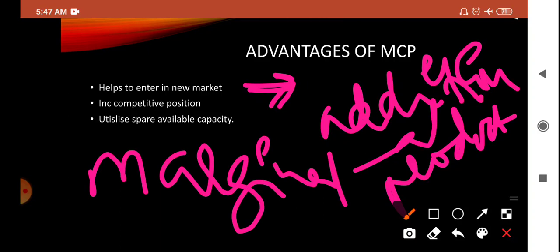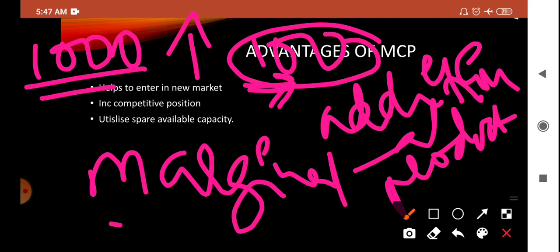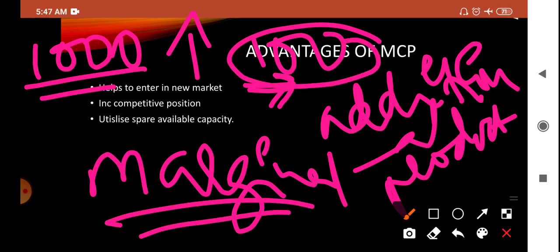For example, your target of producing the product was 1000. You have produced the 1000 products, but there is a high demand for your product and you decided to produce 100 more products. So these 100 more products are the marginal product, that is the additional units you are producing for the market. So marginal cost here means the marginal cost of those extra units. The variable cost or the additional cost of these extra units can be easily recovered, and hence it helps the new business or the new products to enter into the market.